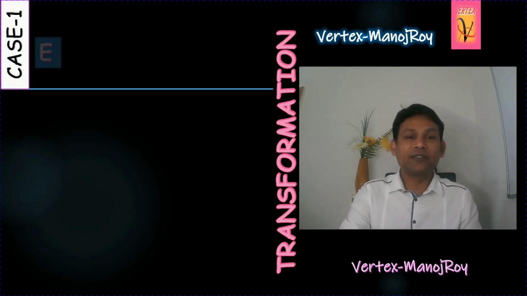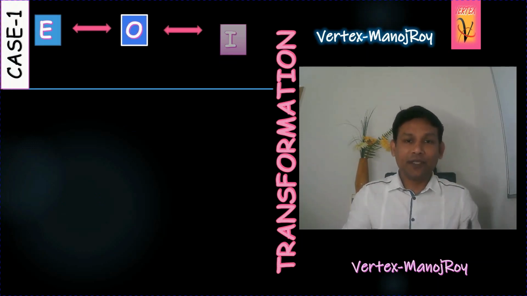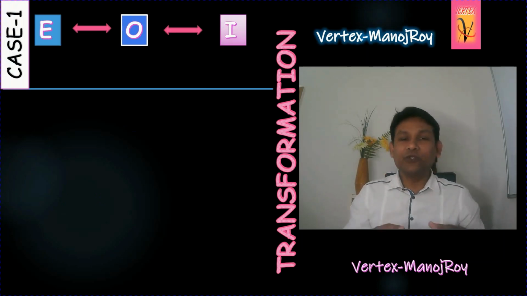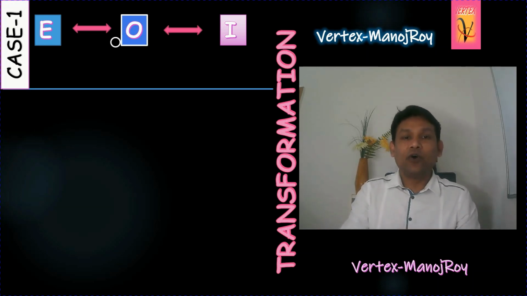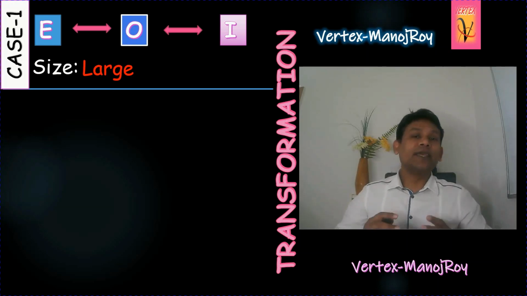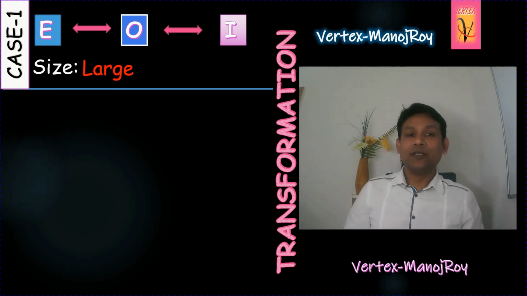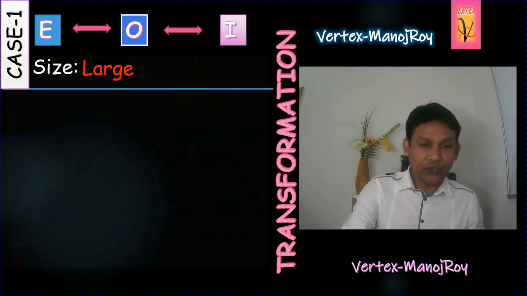Case 1 is about the center, the object and the image. Just think about it, this is very important. When you watch these 4 cases, there will be no problem in enlargement. I think this is the most important part of enlargement. You can see the center is on the left hand side, the object is in the middle and the image is on the right hand side, and the size of the image is large. This is case 1 I have made. In case 1, the center, object and image are in this position and the size is large.